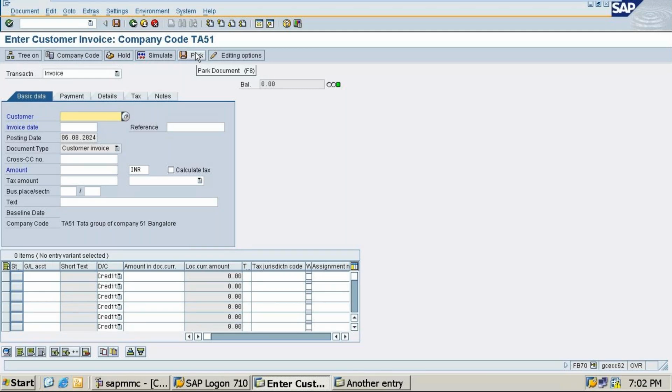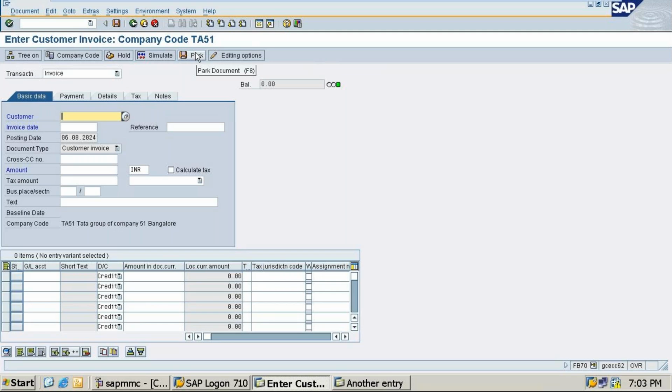Try invoice FB60 and check whether it is taking or not. If not, then you have clicked out somewhere else. No, for vendor invoice, once you do entries like accounts payable, so vendor you already have. I'll do FB60 to see whether the same error is displaying or a different one, because it is all about currency only. So I'm asking, instead of customer invoice, you do it for vendors.